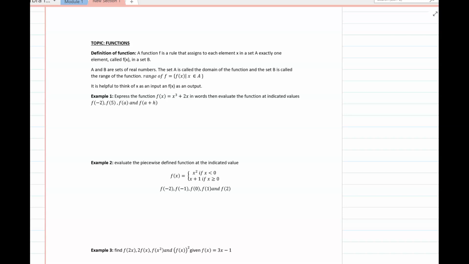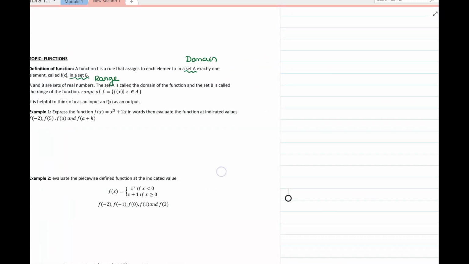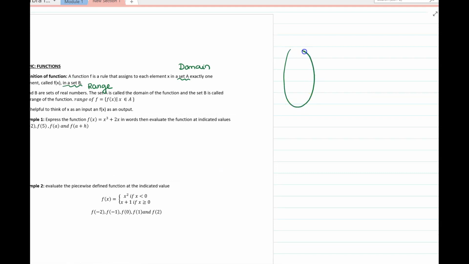A function f is a rule that assigns to each element x in the set A exactly one element called f of x in the set B. So set A here is called the domain, and the set B here is the set of range. So how does that look? So let's say you have a set A, here's the domain,